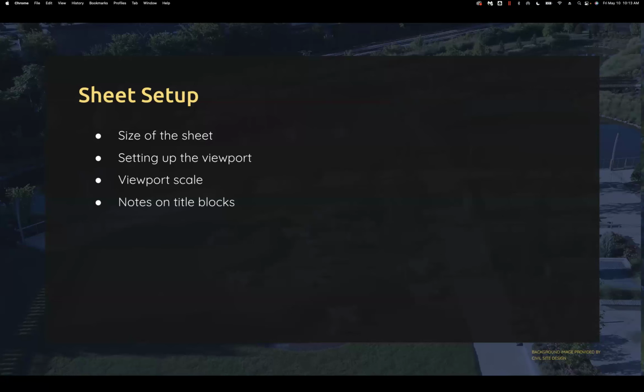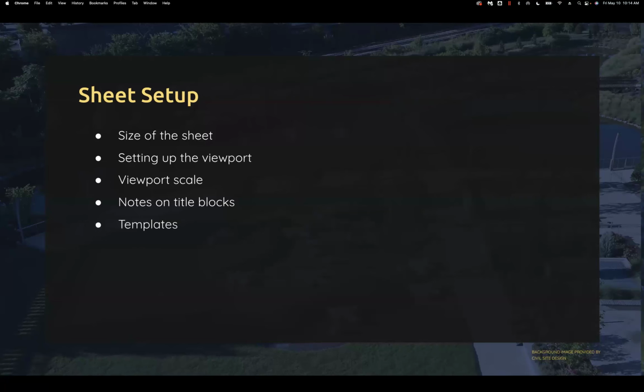We're going to talk briefly about title blocks. We're not going to get too far into the weeds, because we recommend ultimately that, at least when you're starting out, you use one of the default templates, which will have a title block in it ready for you to go. However, you don't have to have a title block. It just looks more professional, and you can always create your own custom title block, and we have plenty of documentation and videos available for how to do that.